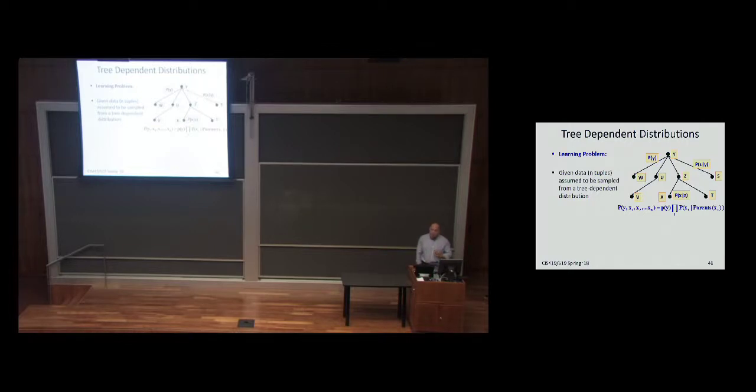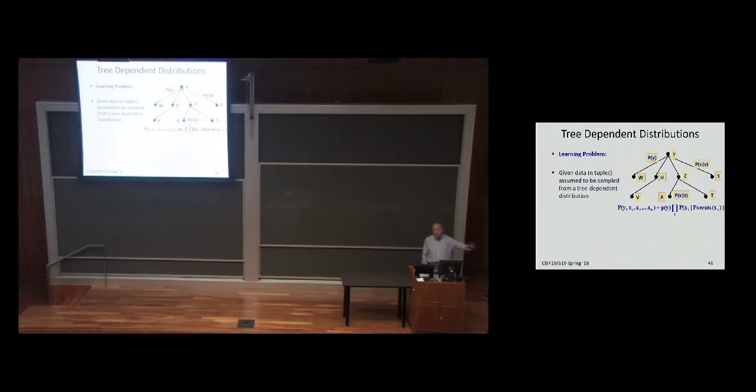first of all, you have to make sure that you understand what I mean by these n tuples being sampled from this probability distribution. Think about the generative process. How do I generate data according to this? I generate y according to P of y. Given the value of y, I generate w based on P of w given y. I generate u based on P of u given y, z based on P of z given y, and so on. Once I have z, I can generate x given P of x given z and t given P of t given z, and so on. So that's how data is being generated.